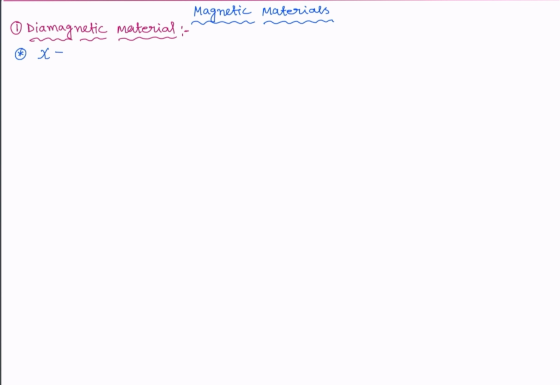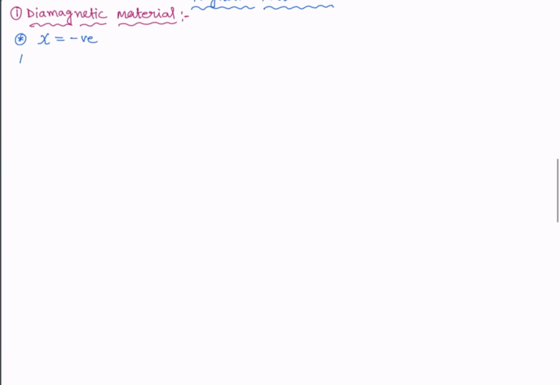So chi will be negative. Now if we calculate magnetic susceptibility by Langevin theory, it will be